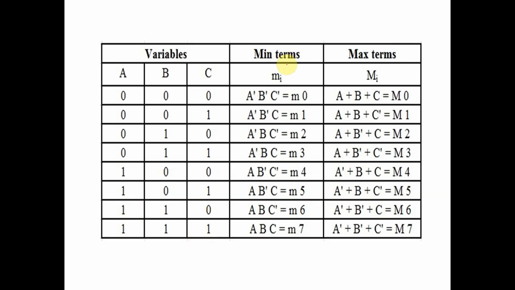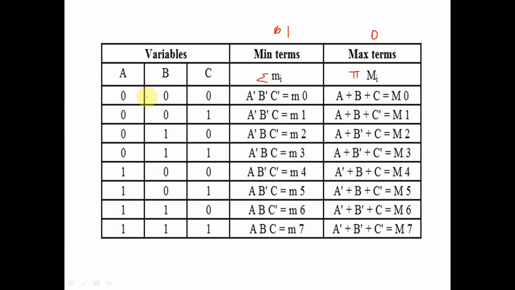After that, min term. How to denote the min term? Min term is denoted as small m, summation of small m, and max term is denoted as pi M. This M is the capital M and this one is the small m. So here, in min term it indicates 0 and in max term it indicates 1. Sorry, in min term it indicates 1 and in max term it indicates 0.